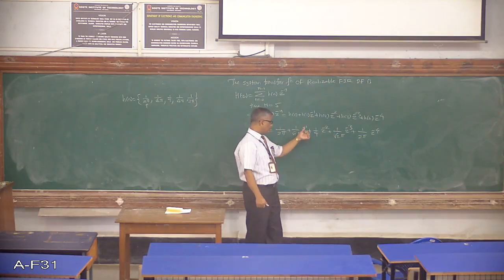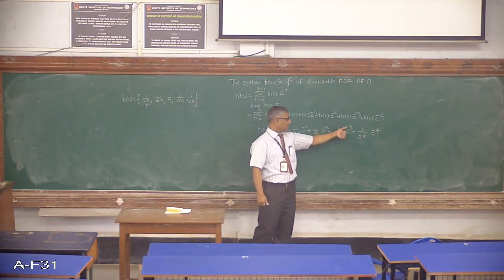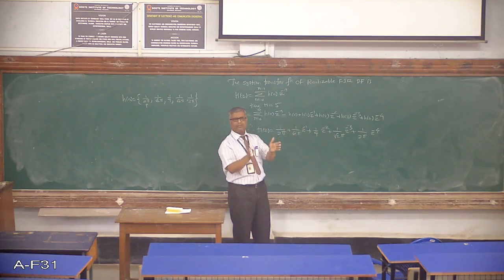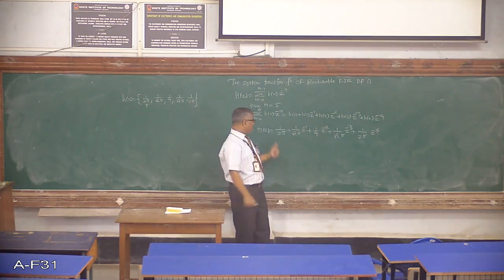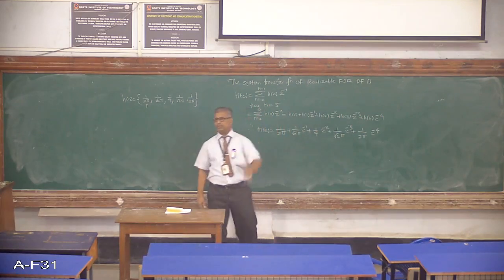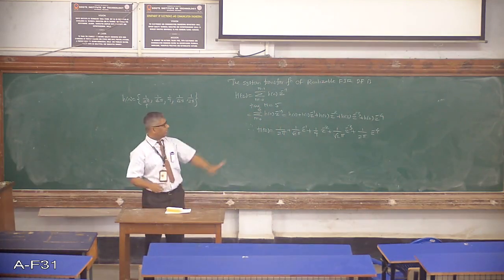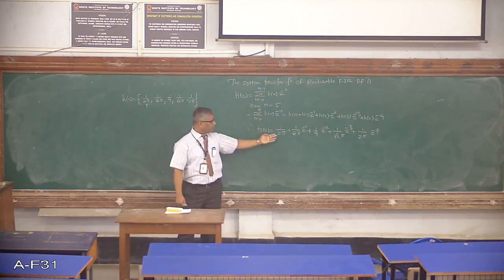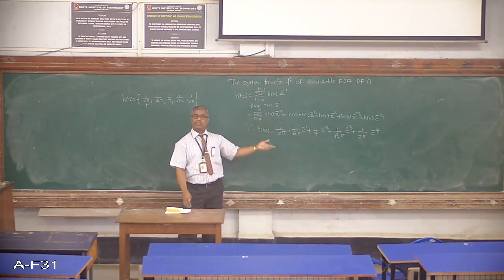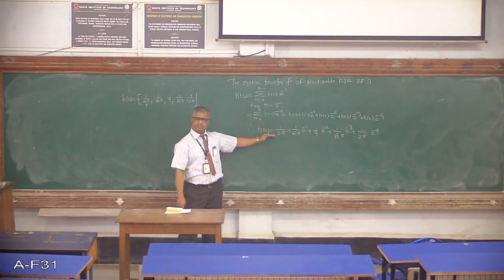1 upon root 2. So in the bracket you get Z raised to minus 1 plus Z raised to minus 3. When you substitute Z is equal to e to the power j omega, it can be simplified and put in the form of either sine or cos. That simplification can be done. Otherwise you just put Z is equal to e to the power j omega and obtain the frequency response if they ask. Otherwise you can stop here because we can directly proceed with the realization after this. This filter can be realized in a tapped delay line form if they ask you to realize. Otherwise you can say that this is the transfer function of the desired filter.